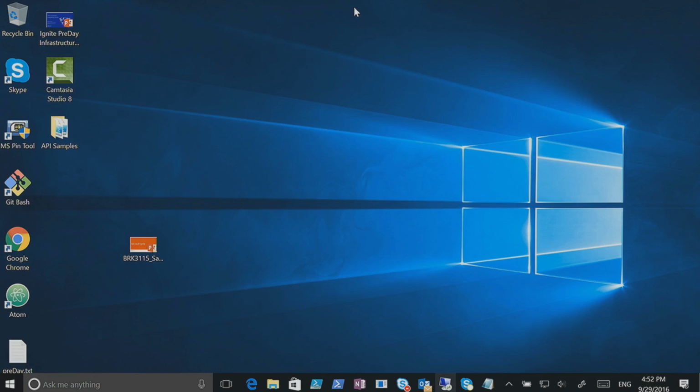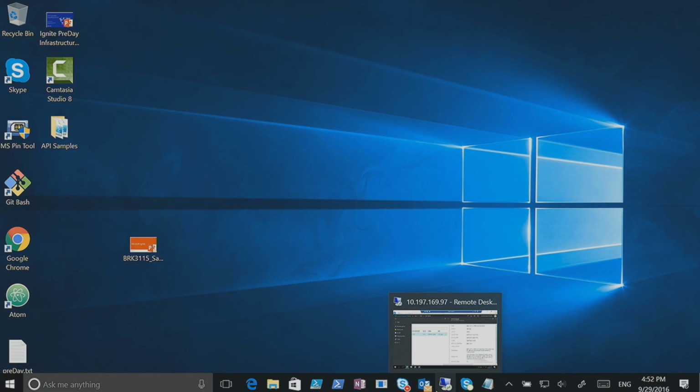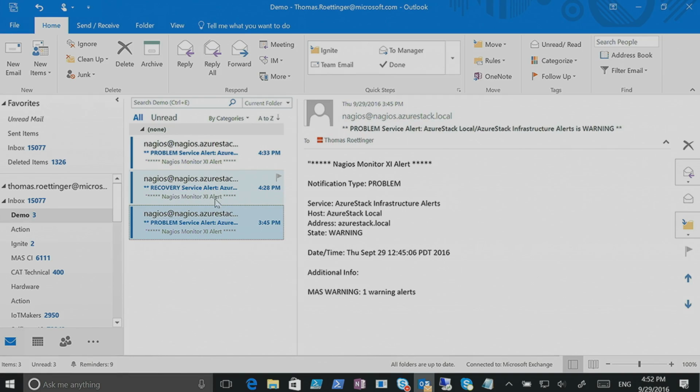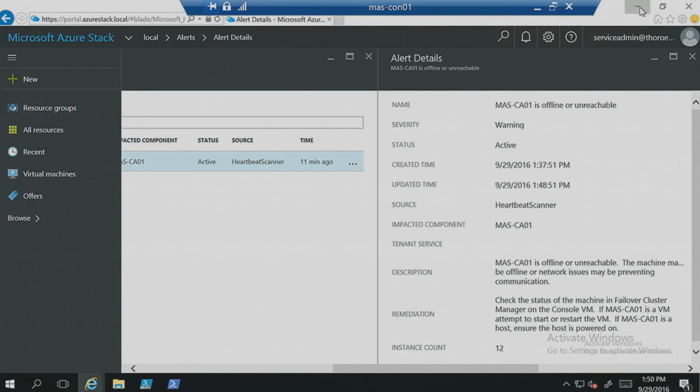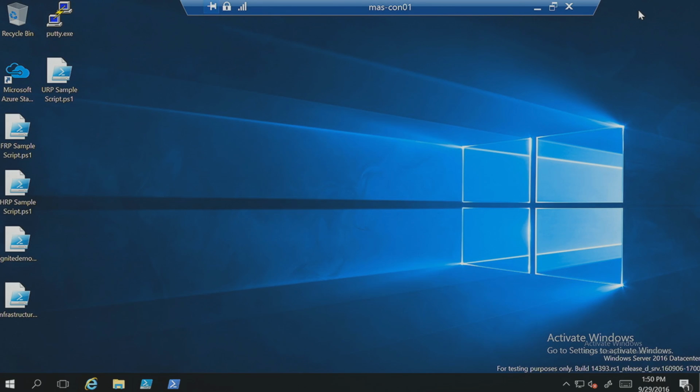So let me start by taking a look at my inbox. So yeah, indeed, I received an alert. How'd you do that? Well, we're going to use an integration between Azure Stack and Nagios.